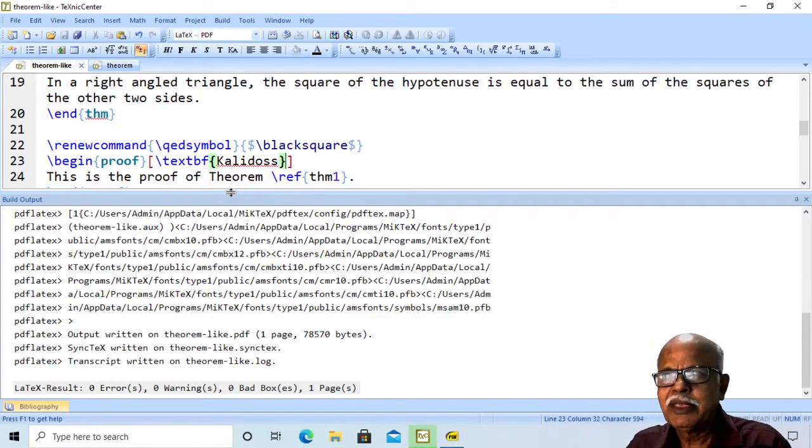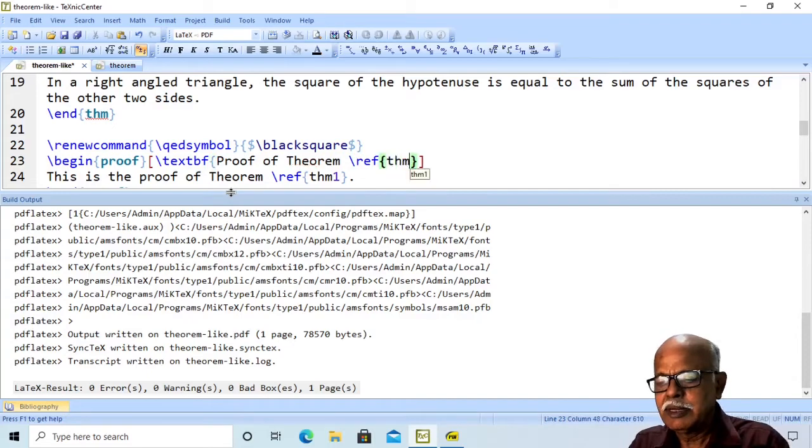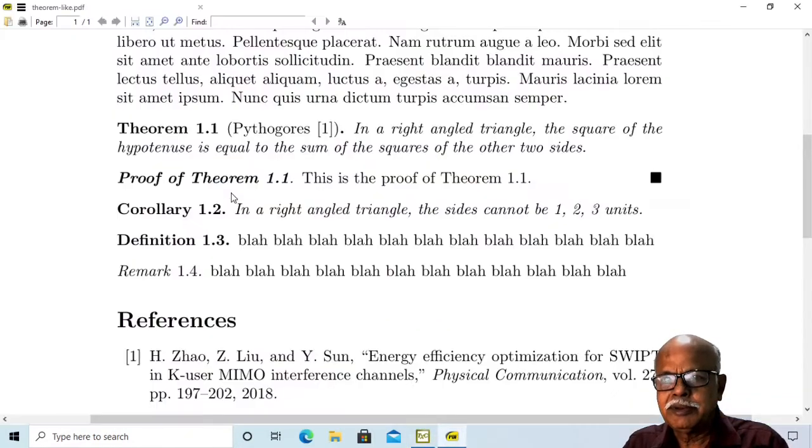However, a more useful thing will be proof of, then instead of proof, now we have proof of theorem 1.1.